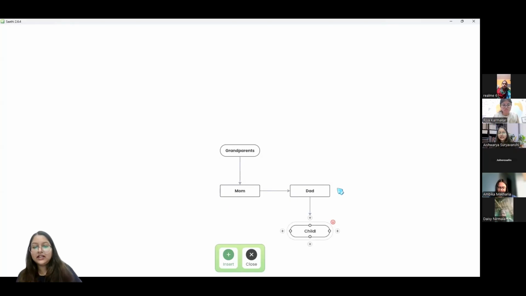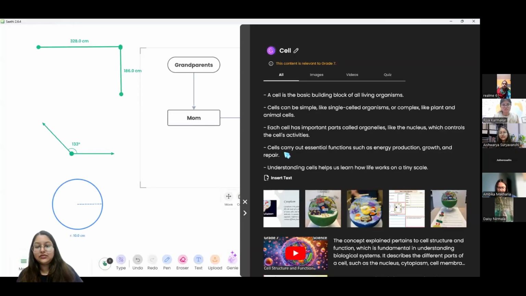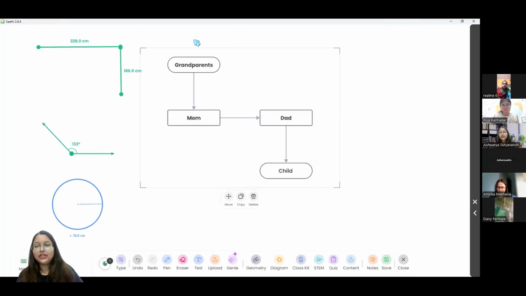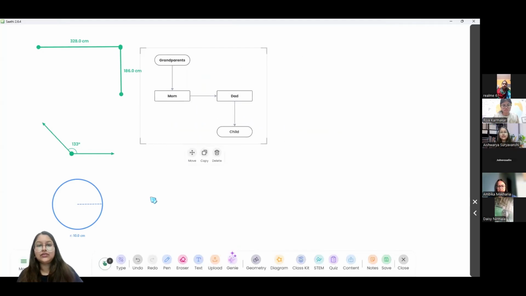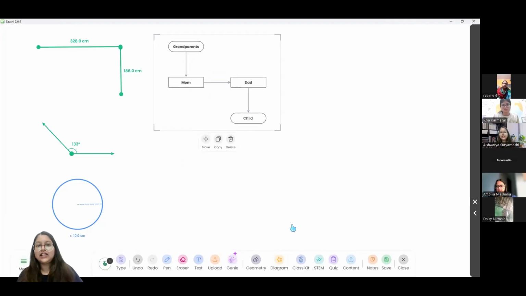So you can make a customized flow chart for the students as well. You can zoom in on the particular flow chart, and zoom out, and use it to give a very nice flow explanation.